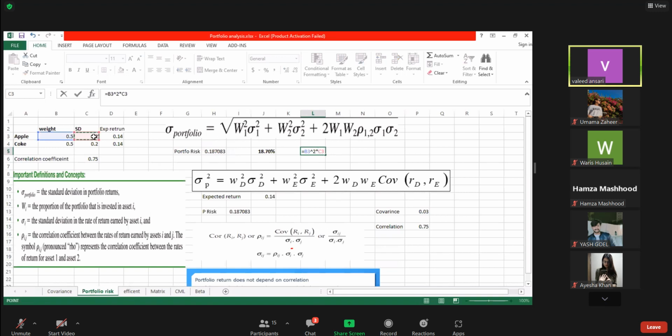So I have shown the cell where it is. And then the next term is plus. Then W2 squared. So what I have done here, W2 shown here, B4, just click on it and square this term. Okay, and then it is into